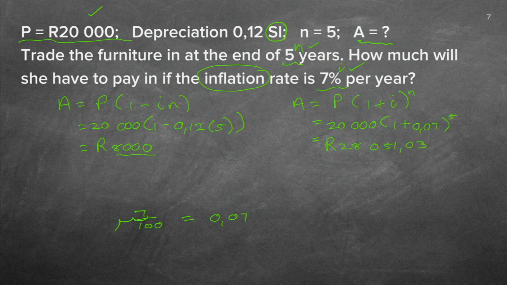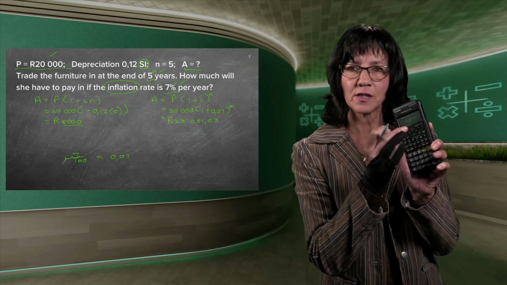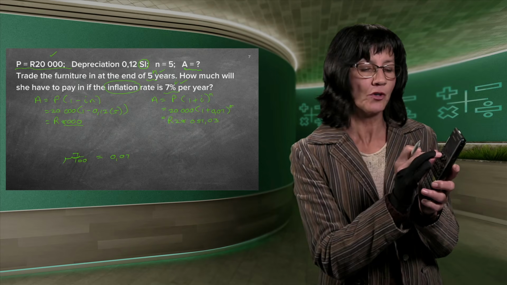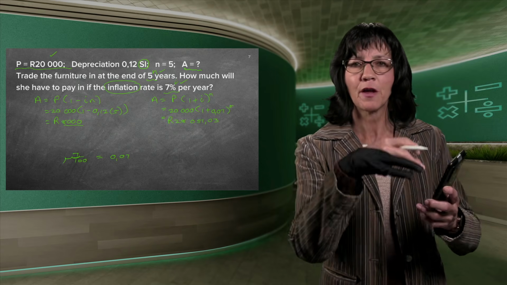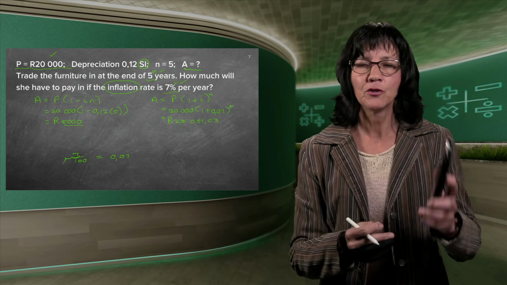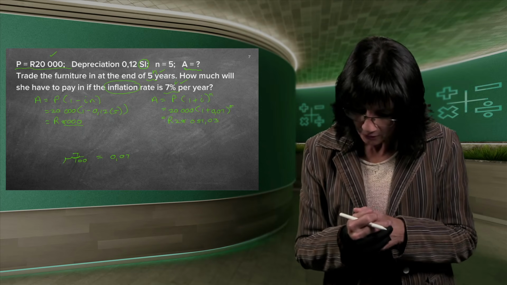It's exactly the same formula. You can actually use your calculator with the previous sum still on your display, and you can just go back with your cursor, and you can change the minus to a plus, and you can change the times 5 to the power of 5, and then you don't have to click the whole formula in. Or you just click in the whole formula. Good, what did they ask?